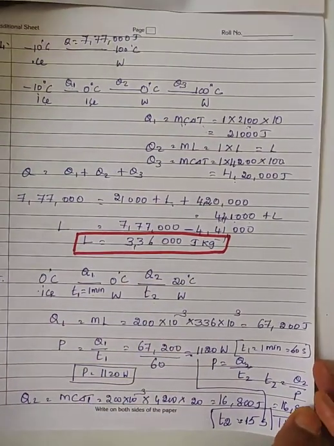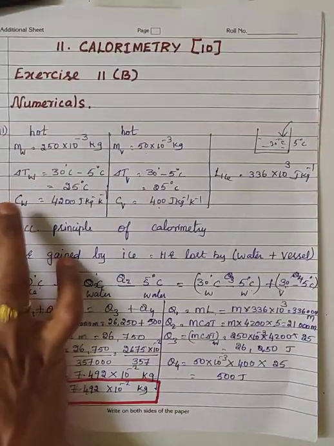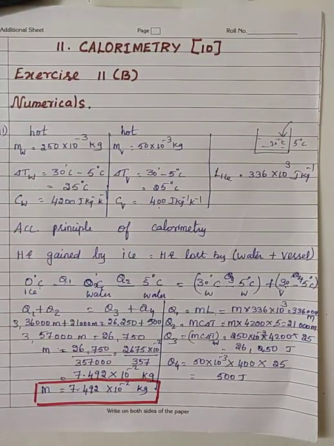Yes, students. Today's class we have discussed 5 problems. Most of the problems, that is problems 11, 12, 13, are based on the principle of calorimetry. And the 13th and 14th questions are very similar to each other. Only what you are asked to calculate is different. In the 13th question, you are asked to calculate the total amount of energy. In the 14th question, the total energy is given, and you are asked to calculate the latent heat of fusion of ice. And in the 15th question, you are using the relation connecting energy, power and time.